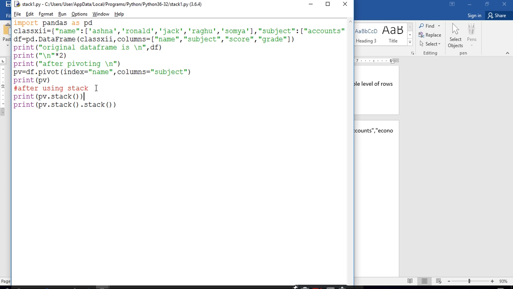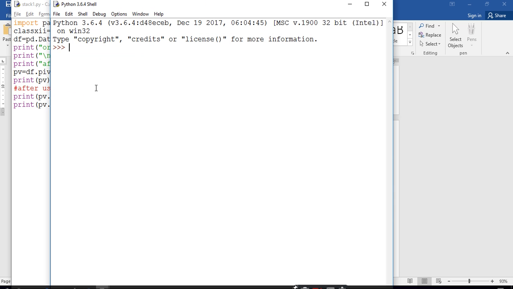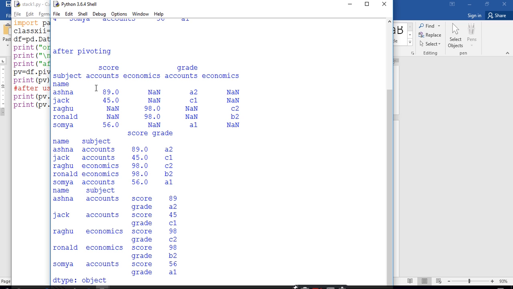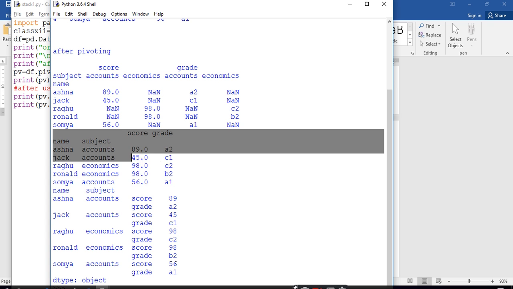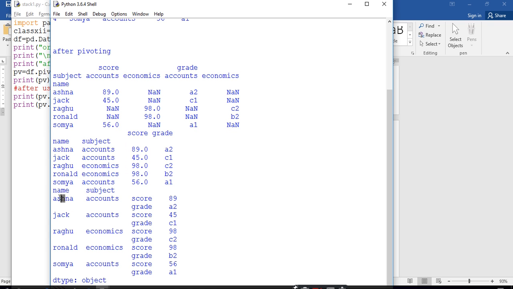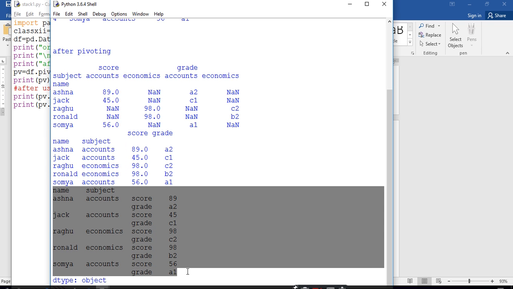Now compare both the outputs. See, this is the first stack print output, and this is the second where you have the nested stack function.